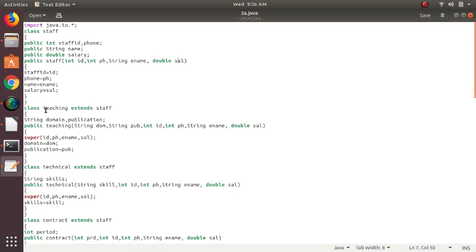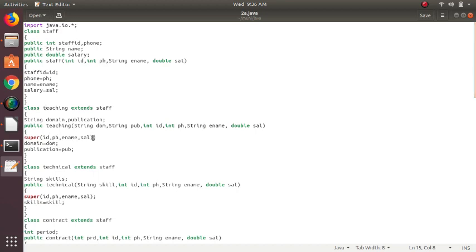One is teaching. Of course it is extending from staff because it inherits some properties of the staff class we already defined here. The properties it takes from the staff class are ID, phone number, name, and salary.